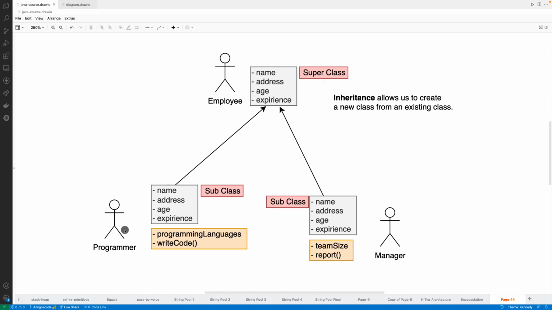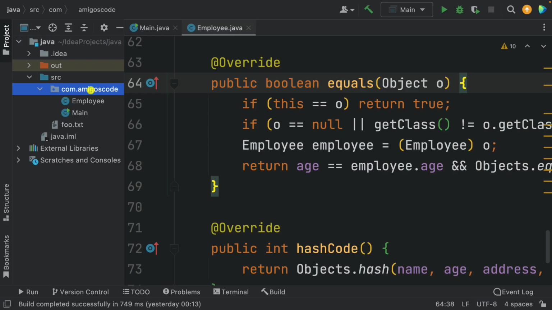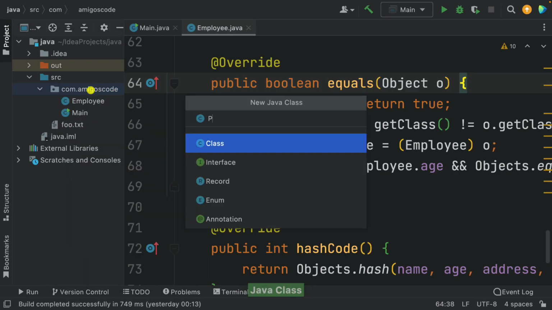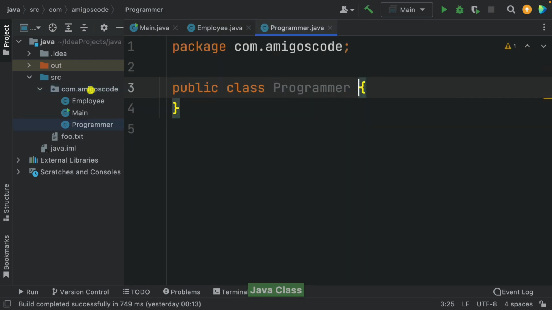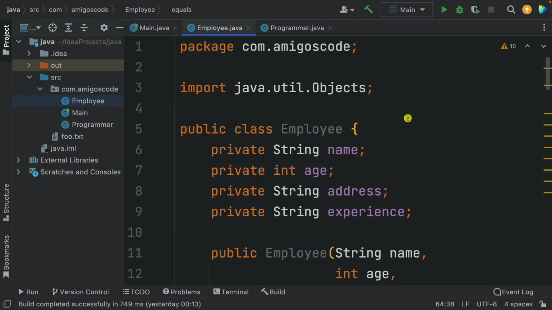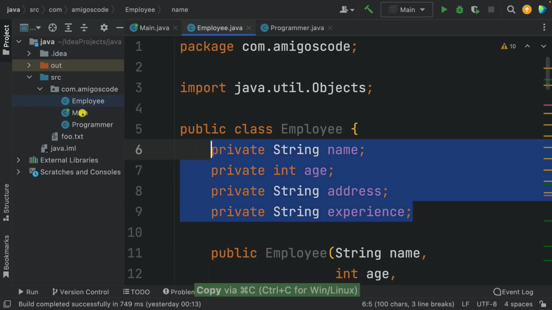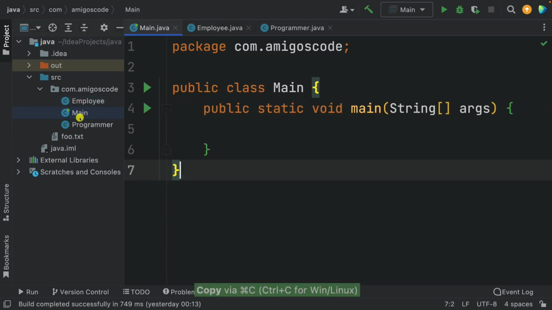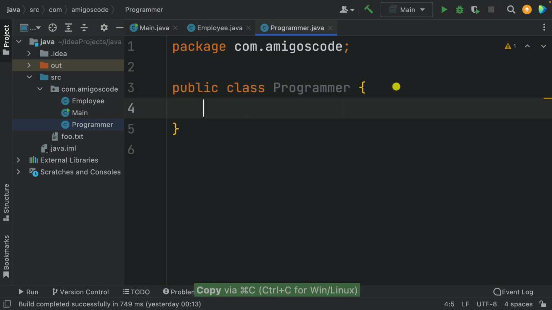And now let's create both Programmer as well as Manager. So let's start with Programmer. So again, a new class. I'm going to call it Programmer. And now instead of me basically saying all of this in here, or actually going back to Employee and then pasting that in,